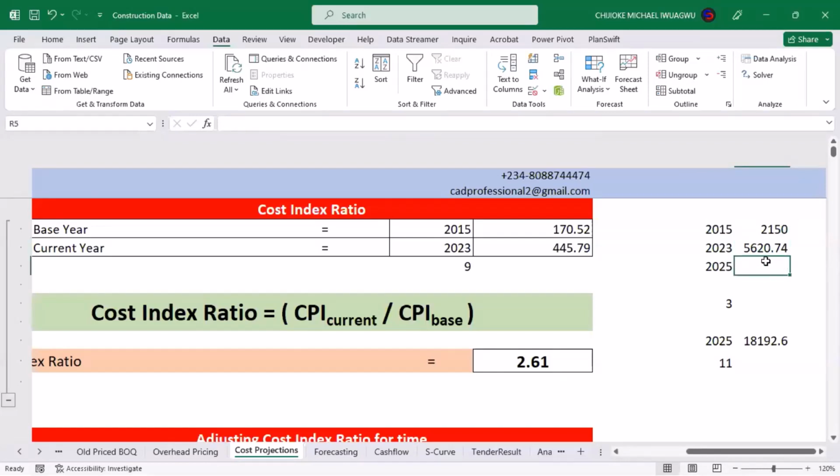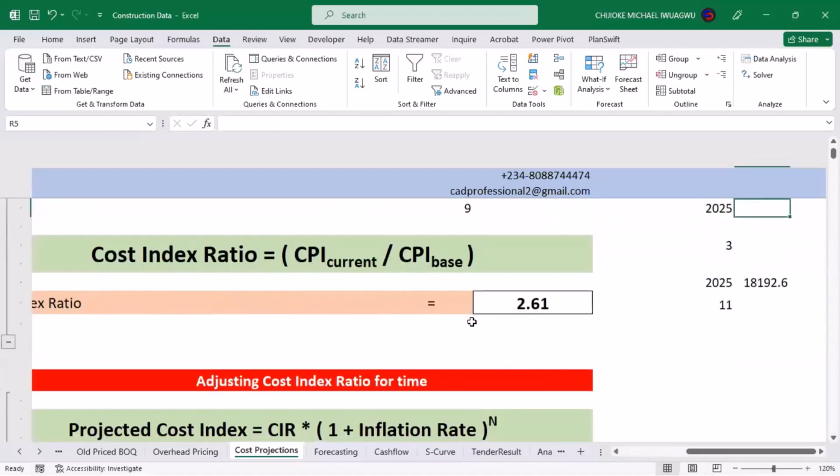Also, we try to extrapolate and say, okay, you bidded a job in 2015. You executed it in 2023, concluded it in 2023, and the prevailing market price of cement at that time is about 5,620 naira. Now you want to project for a similar job that you're going to do again, for the same client maybe, or for the same environment maybe, whereby you don't have much variations considered, and it will be concluded in 2025. What should be the amount that you should be targeting so that you don't end up injuring yourself like the previous experience? And then we said that the only best way they can approach that is by establishing, projecting your